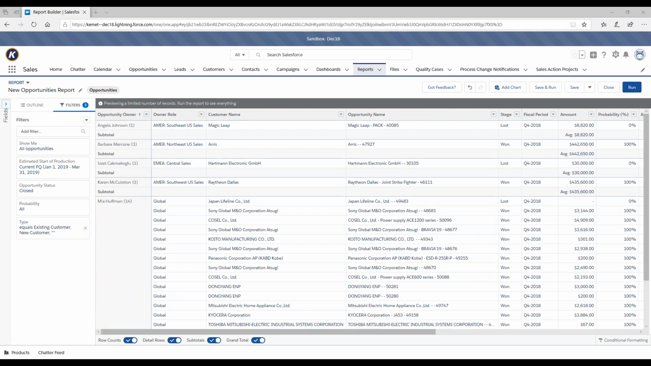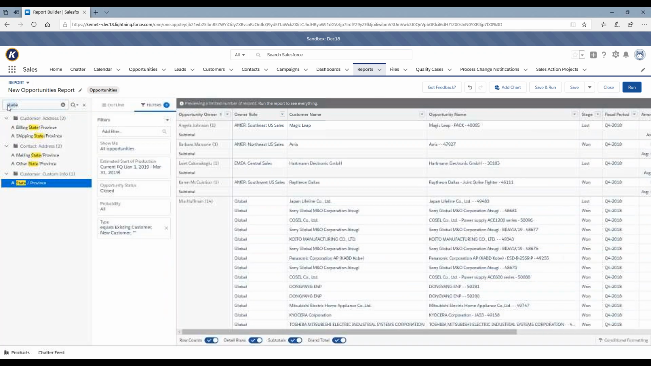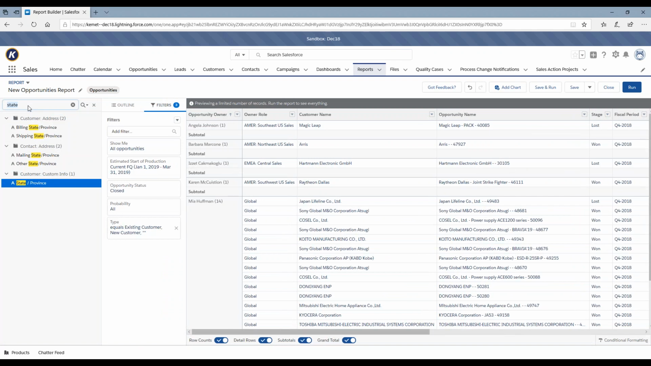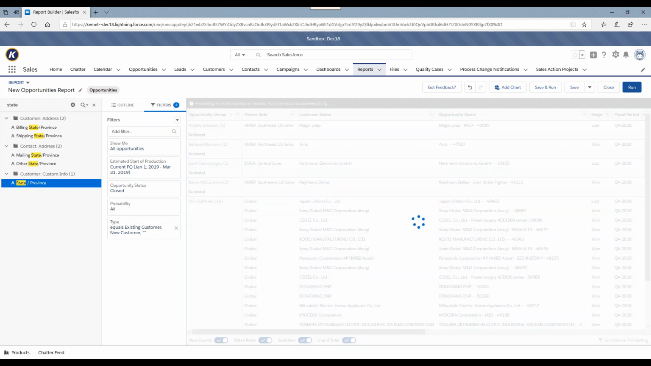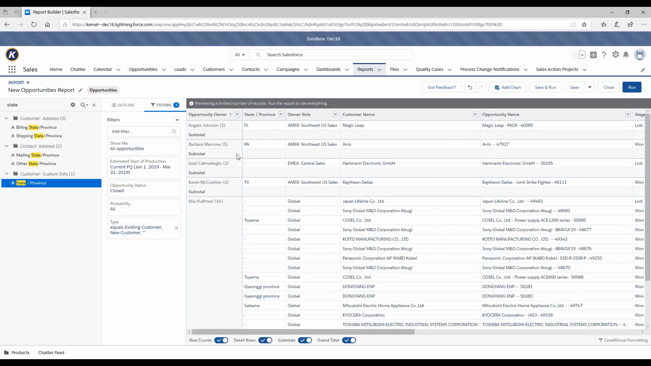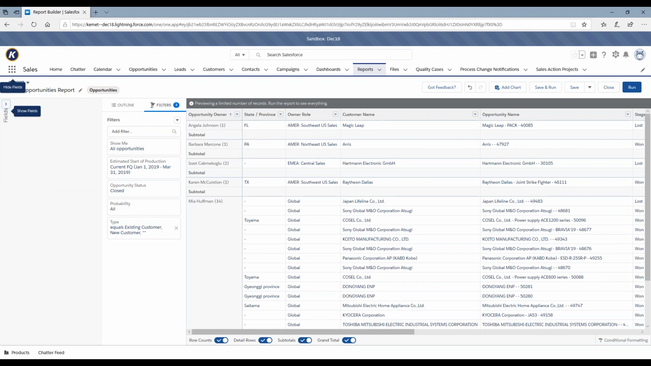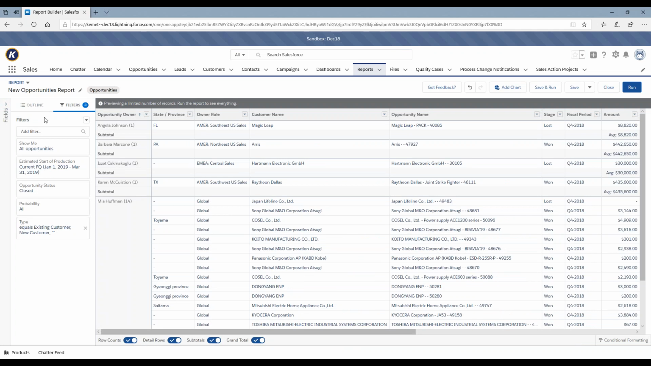I would like to filter by a specific state, and I don't have state as part of my reports. So let's practice some of what we learned. I can go in, search, state. I found state. I can actually drag and drop it into my report. Now I'd like to filter on all the sales within Florida. Type in state equals